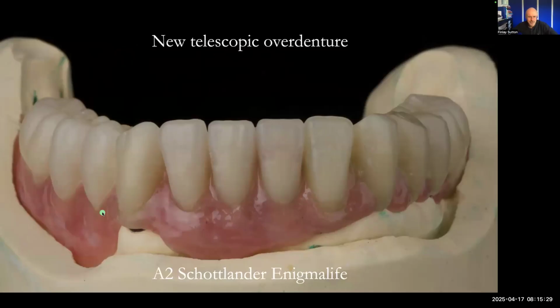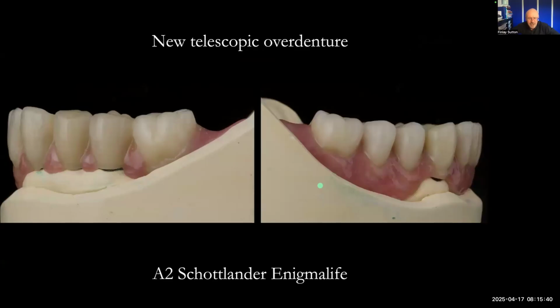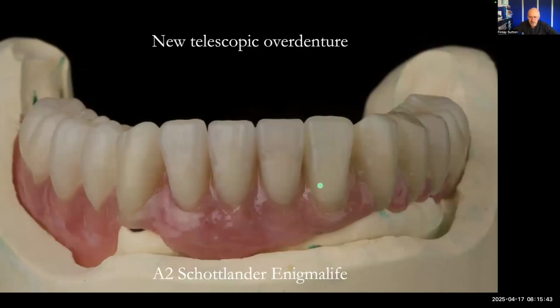And then this is the lower overdenture finish. So this is what Rowan hated, trying to disguise all that metalwork underneath with these acrylic teeth. Now, this is really important, and I know some of you are probably thinking about this: some of these telescopic overdentures, the teeth are not finished in acrylic, they're actually porcelain. So you've got porcelain bonded to metal, and then pink composite for the back bits. Now, I could have done it like that, but